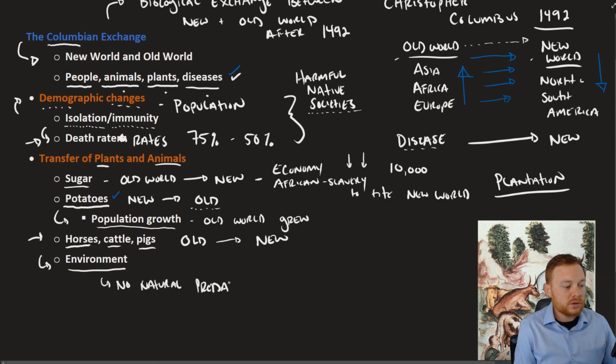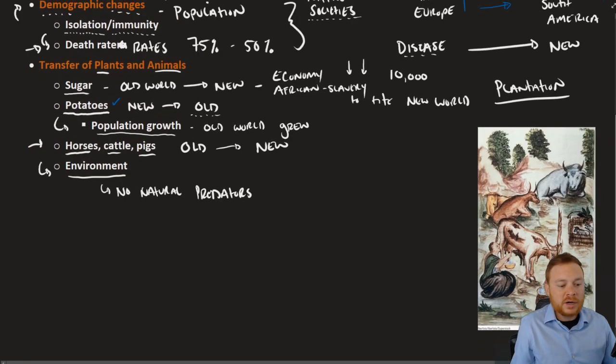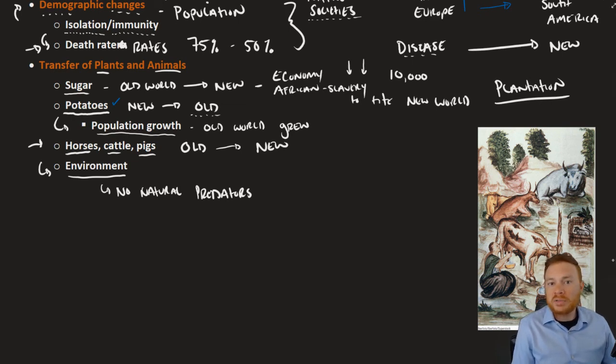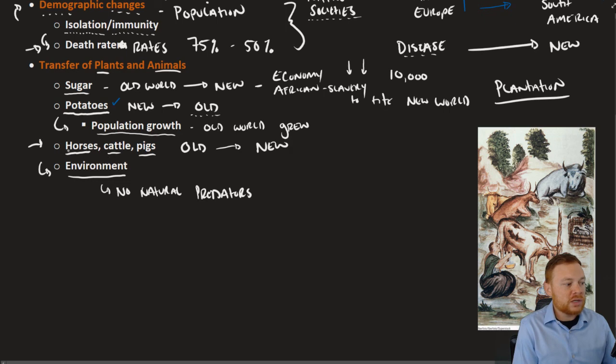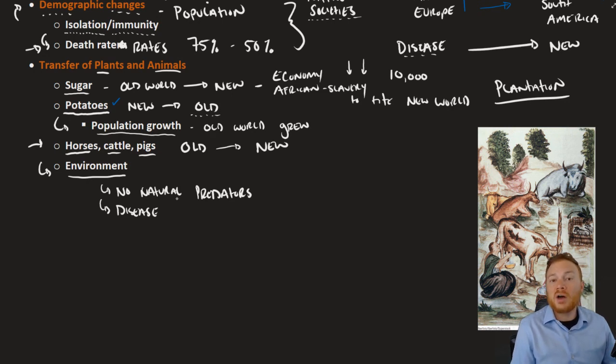predators and could therefore really either wipe out what native animal species had existed there or wipe out a lot of the plant life. It's also true that many of these animals also had diseases on them, and disease, as much as it killed people, could also kill animals. So it was a very disturbing sort of biological disruption that occurred as a result of it.